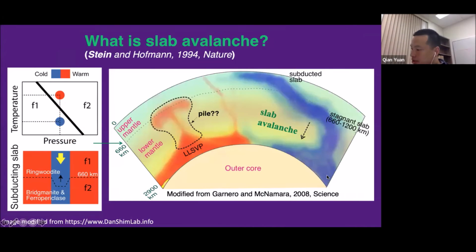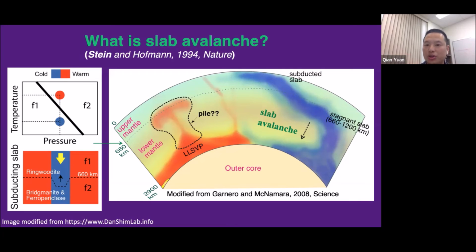So in the last 6 minutes, I will switch my gear to talk about another interesting dynamic associated with the height of the LLSVPs. Because we mentioned early, the inner property of the object influences the height, but we say the environment also plays a big role in the height of the object. So in our Earth,